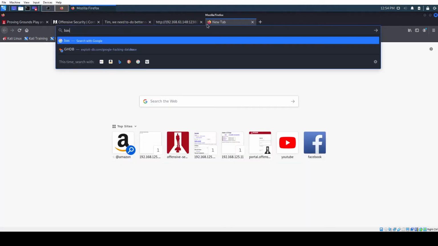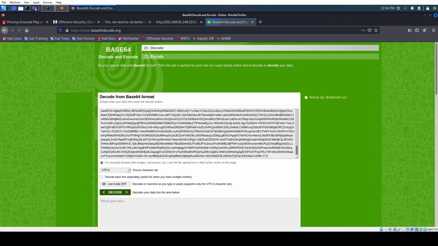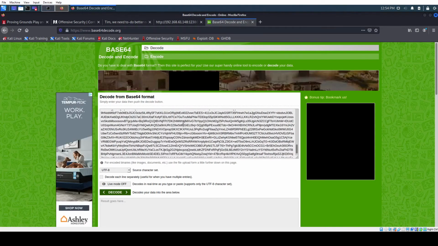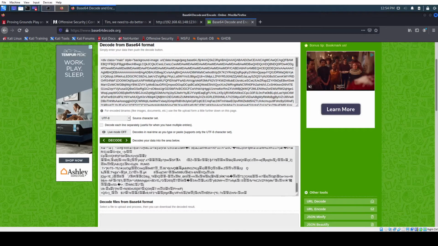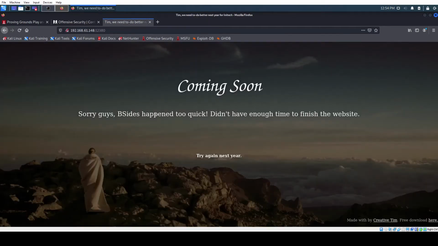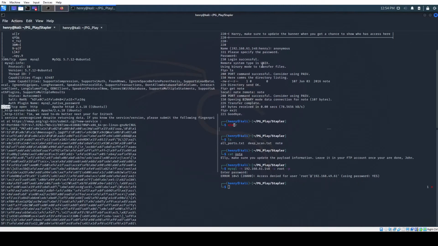Let's hop on over to a base64 decode. This wasn't part of the script. All those slashes aren't an issue, but let's see. Alright, yeah, we'll just scrap this. I don't know what's going on here, but I don't think we need it. So we'll just continue on our way. And of course, we can start a